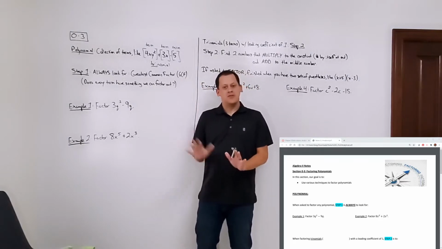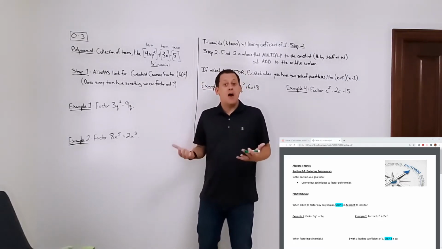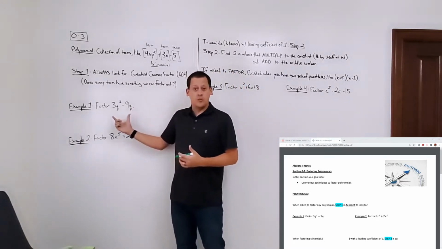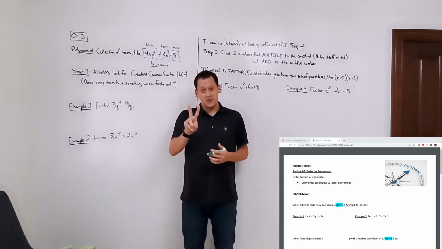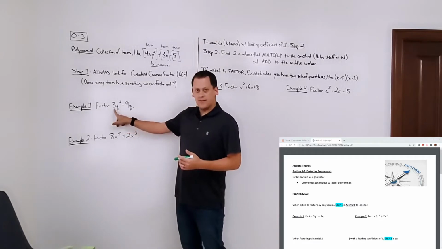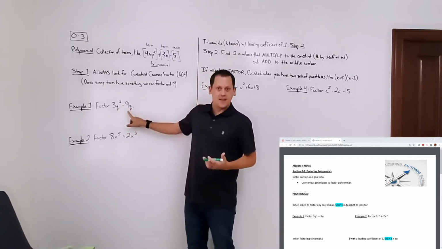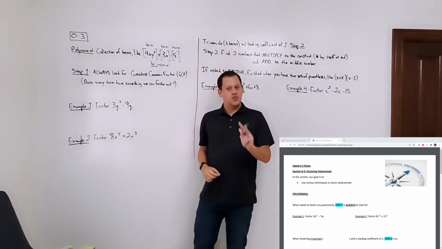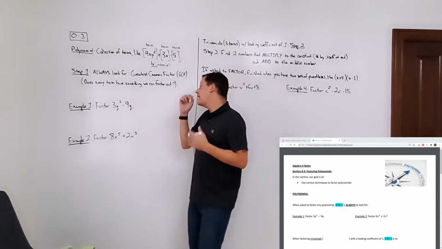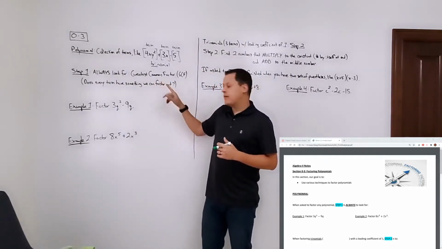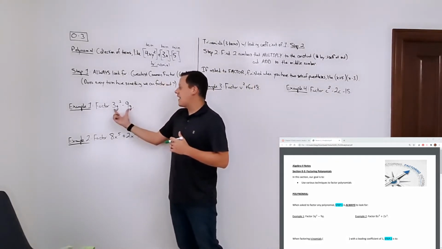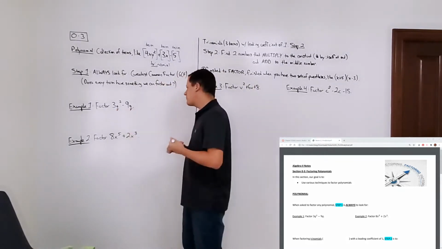Now before we start with step 1, let me just ask, how many terms does this polynomial have? It has 2 terms. 3q squared is a term, and the minus 9q is a term. So we've got 2 terms. This is a binomial. Now, let's look for a greatest common factor. What is the biggest thing we can pull out of both of these terms? Well,